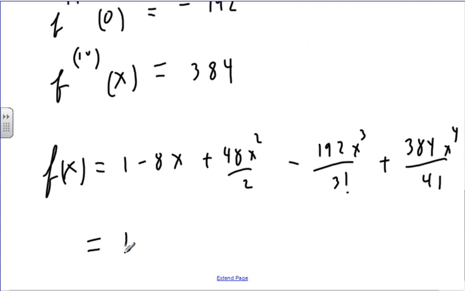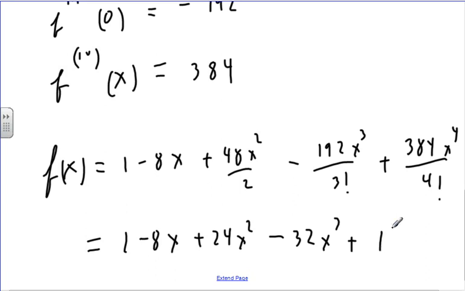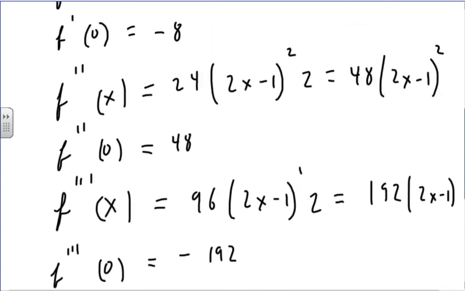And that would be 1 minus 8x plus 2 goes into there, 24, 24x squared, times 6 goes into there, 32 times x cubed, and 4 factorial is 24, I think. 384 divided by 4 factorial is 16x to the fourth. Okay, so I remember what that guy looks like, and I move back up to my